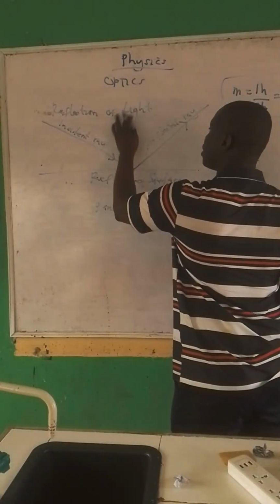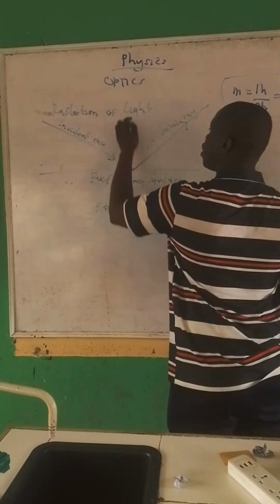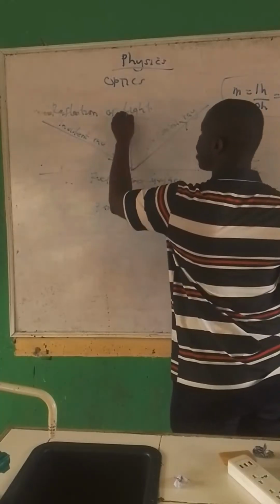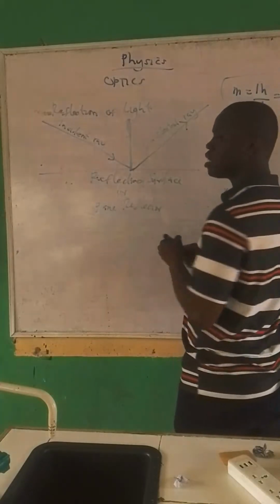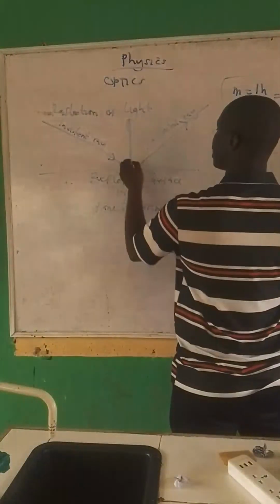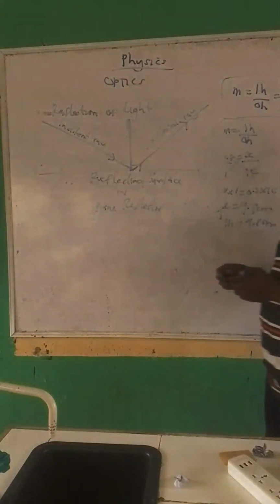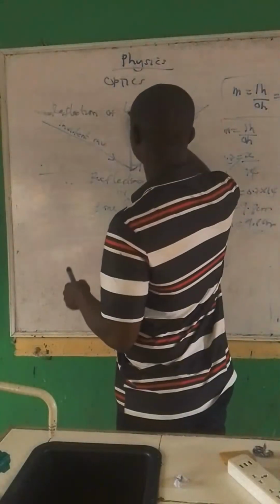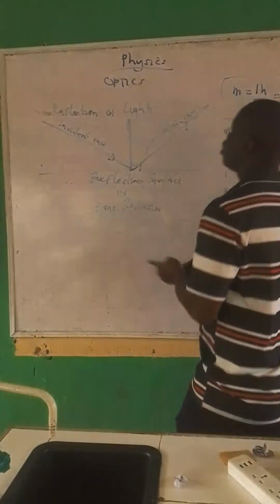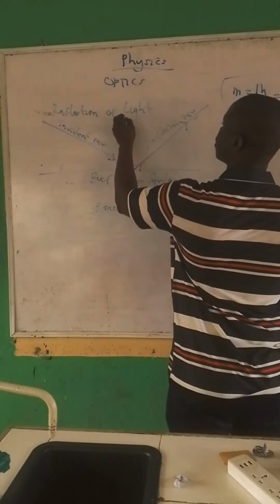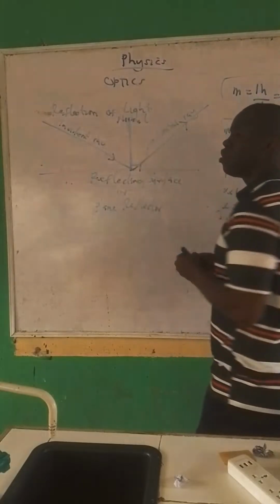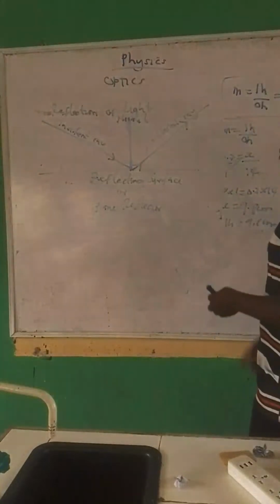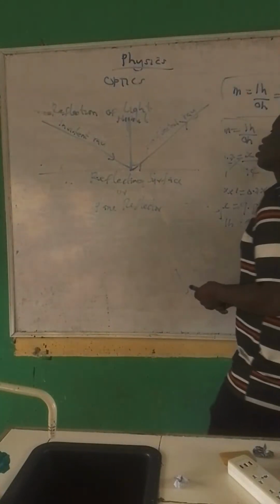I can put an imaginary line that is perpendicular, or at right angle, to the reflecting surface. That is, the angle between this imaginary line and the reflecting surface is 90 degrees. So that is perpendicular. This imaginary line I just drew is called the normal. The normal must be at right angle to the what? To the reflecting surface.